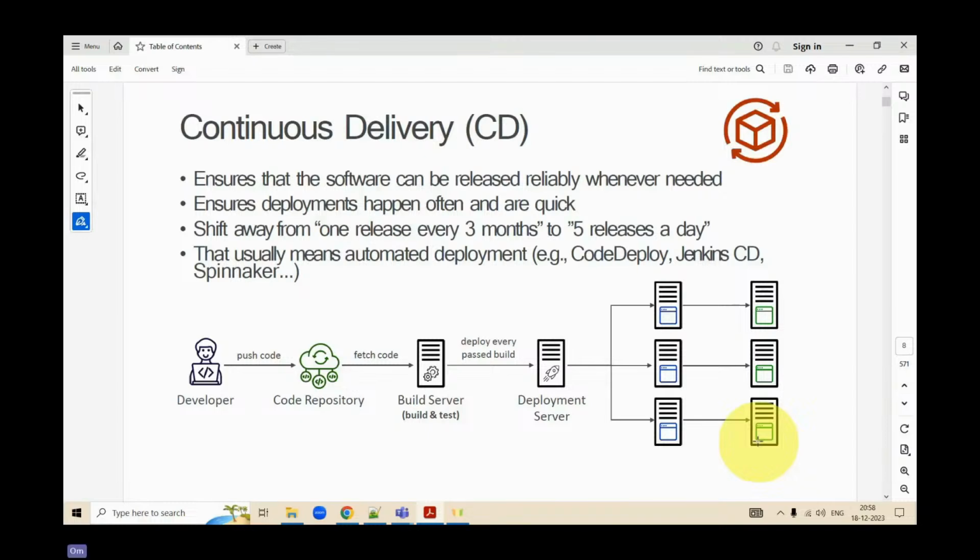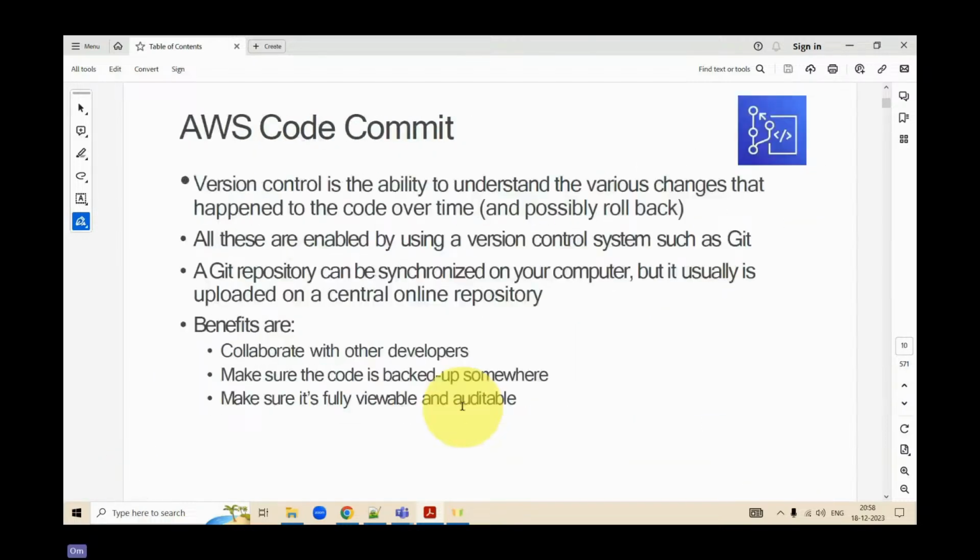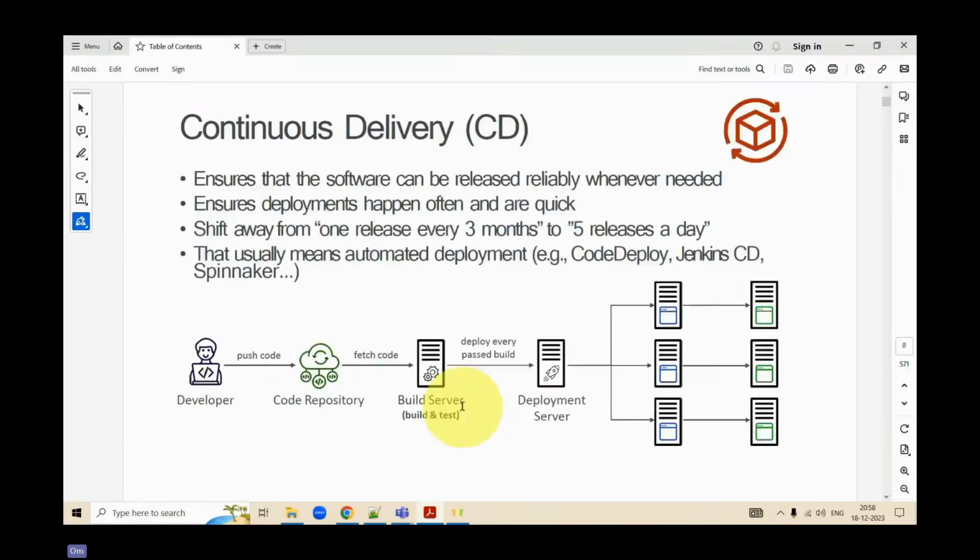You're getting it? Now, that is not the case. That is not the case in today's era. Why? Because we are now going for shorter releases. First thing, because the time to deliver, that is what we call TTD, is reduced. Why? Because customer preference changes within fractions of seconds.